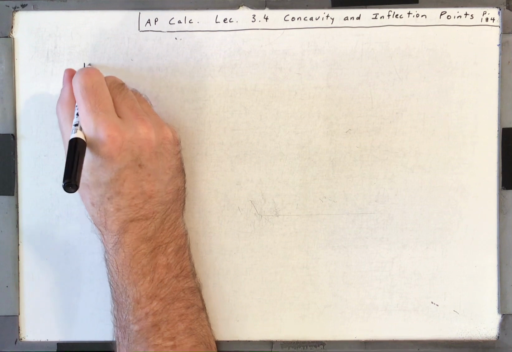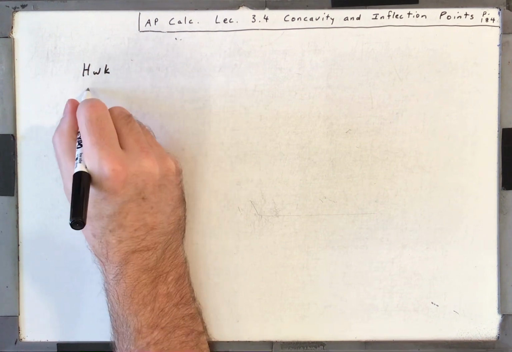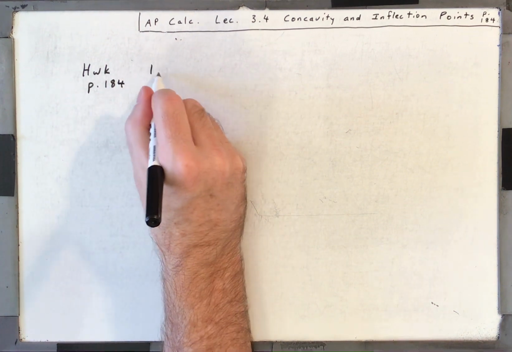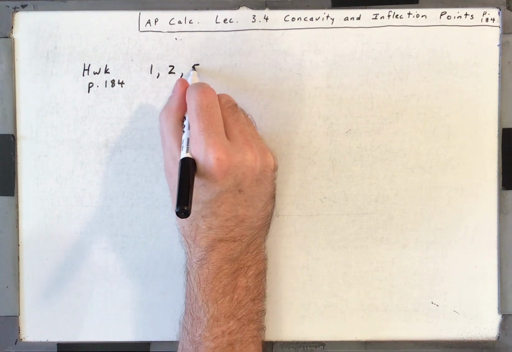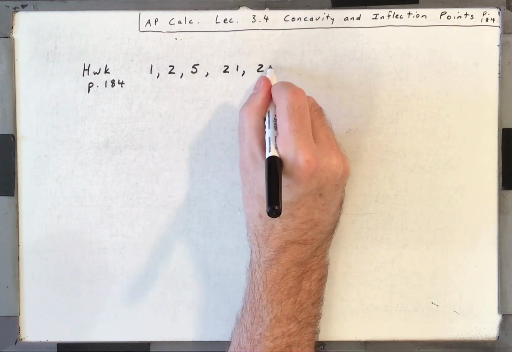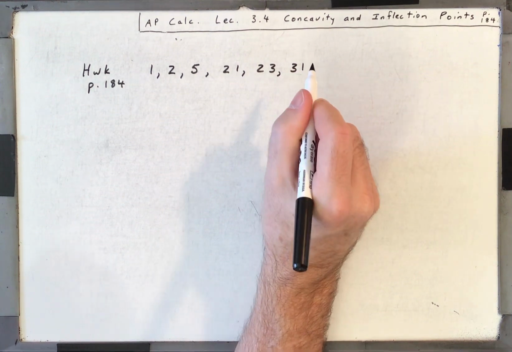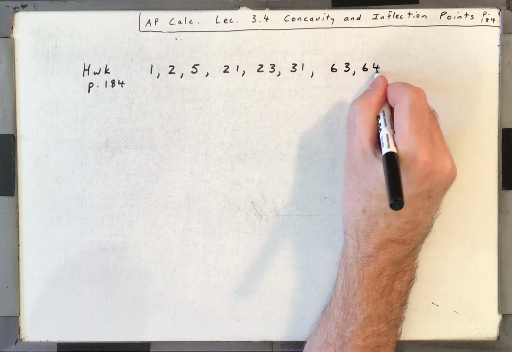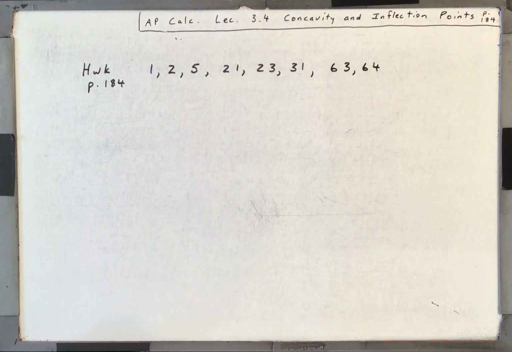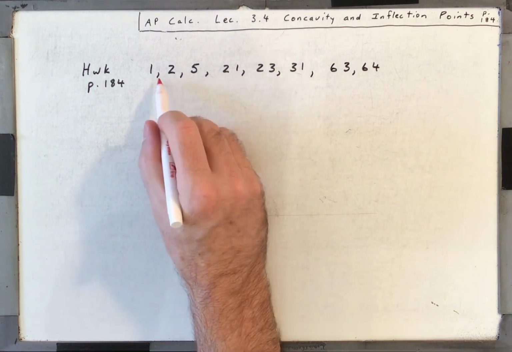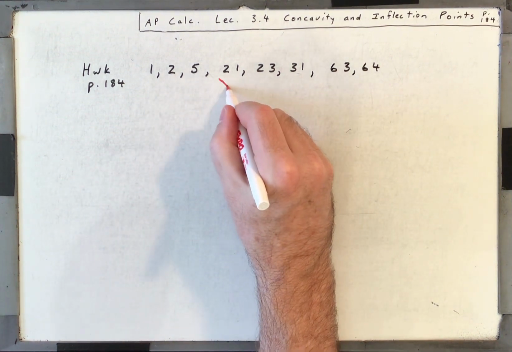All right, the homework is on page 184. I want you to do 1, 2, 5, 21, 23, and 31, 63, and 64. Now, 1, 2, and 5, I'm going to show you these in a minute. Those are easy. Those are just graphs. And you're just going to give me intervals there. For 21,